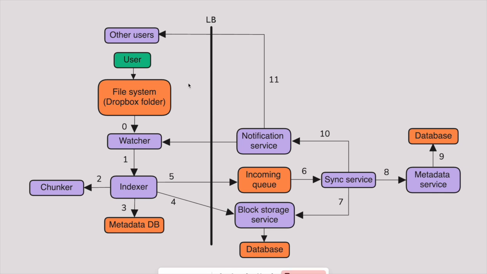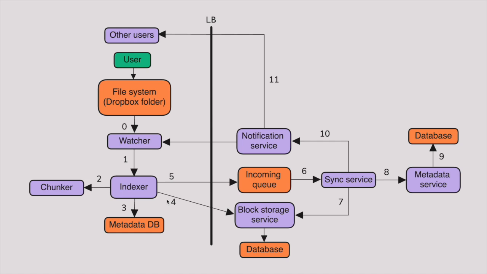So to understand it, let's walk through the main workflow. We have a client installed on our desktop and we create a new file. As you can see on the diagram, there's a green box that says the user. So this is the user who creates a file on the file system. Let's say we simply copy and paste the file to our Dropbox folder. We have 4 different components: a watcher, chunker, indexer, and a relatively small metadata DB that can be a simple MySQL database